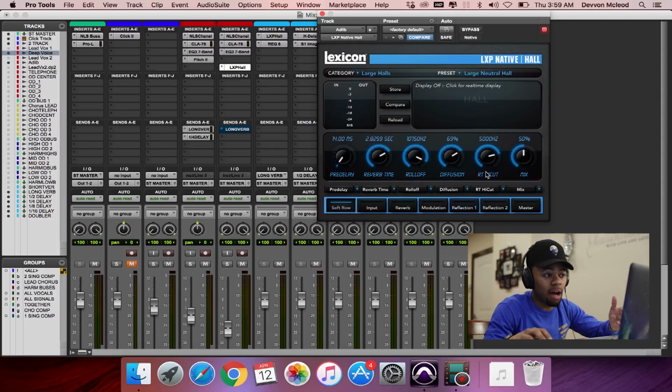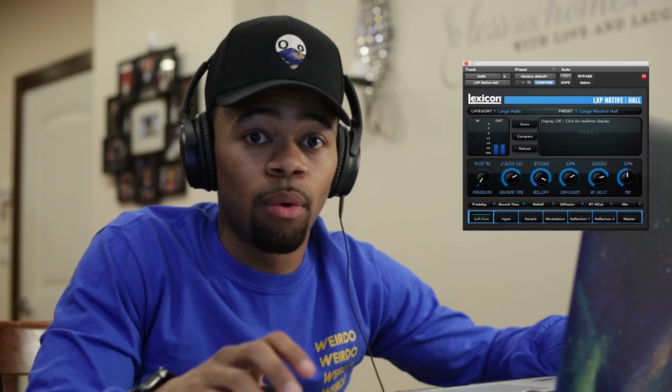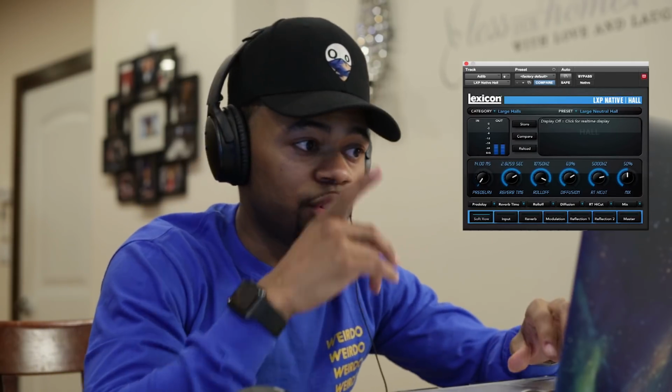Next, I have my mix knob for the reverb, for how much of the reverb I want in there, at 50%. So what I'll do is I'll solo it and I'll play with this knob, and I'll let you get an idea of what this mix knob is doing. Now this is me with it cranked. So you can obviously hear that it's more of a taste when it comes to how much of the reverb you want in there. But for this song, I felt 50% was right.